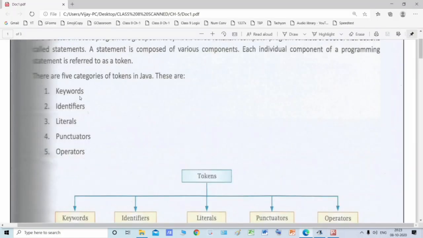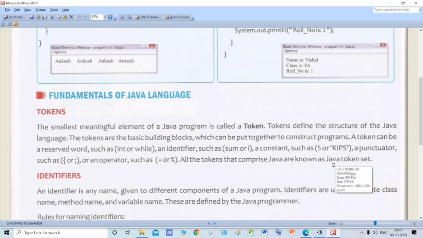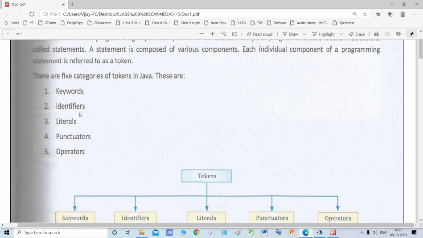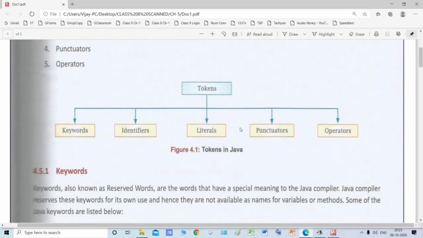So all the different types of keywords, identifiers, literals, punctuators, and operators combine to create the Java token set. So these are tokens. Token means the smallest meaningful element of a Java program. And there are 5 types of tokens: keywords, identifiers, literals, punctuators, and operators.